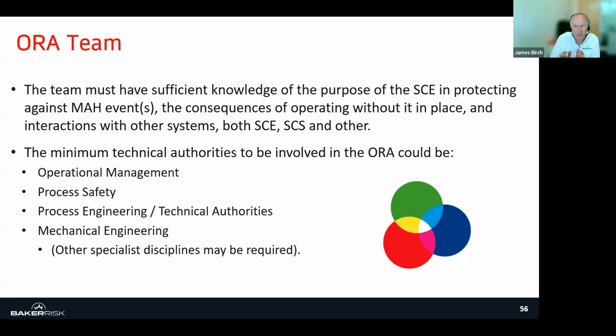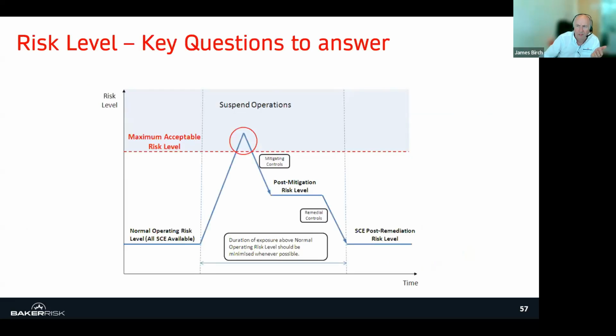So it's important that we identify who should be involved, and we give those people support, we give them training, we give them practice, and we give them guidance on making these decisions. Because this is now where the human part of this becomes critical. We have our safety critical elements, we have our pieces of equipment, but here in the middle we have people. And this is where we have to help people to get it right. So here's the mountain they have to climb.